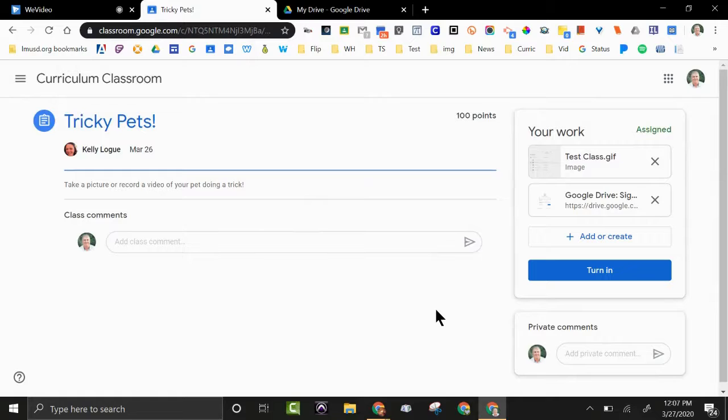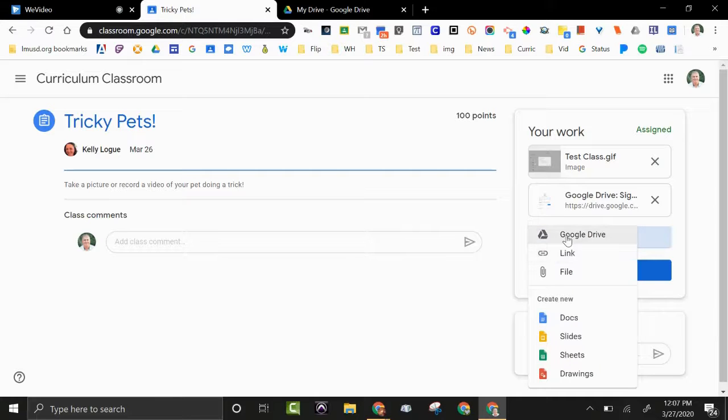And finally, this is what I recommend to do if you're going to add video or images or anything. I would add whatever you're going to use in Google Classroom to your Google Drive. It just helps organize it. It's in one place. Everything is together. And in order to add things from your drive, you click Add or Create. You click on Google Drive,